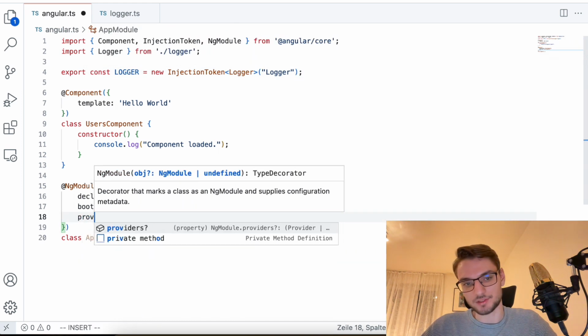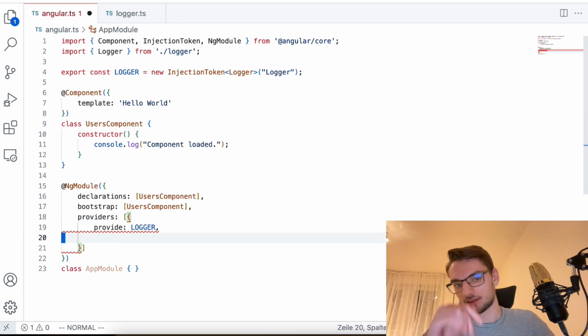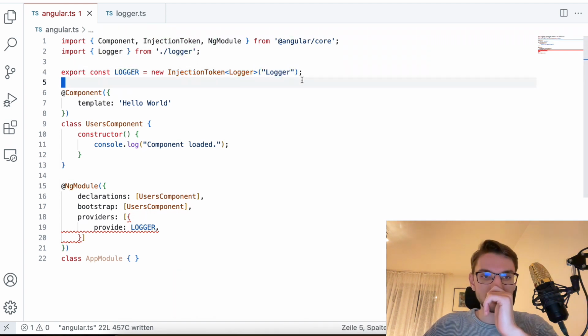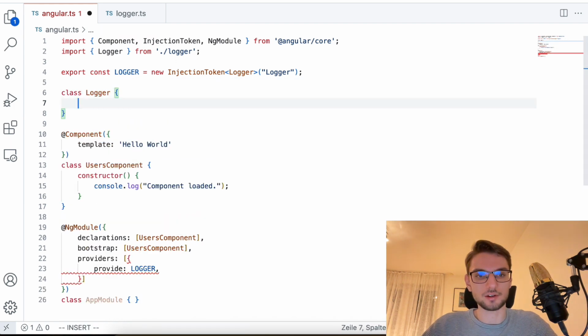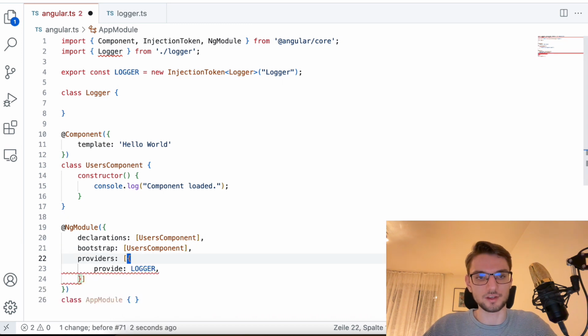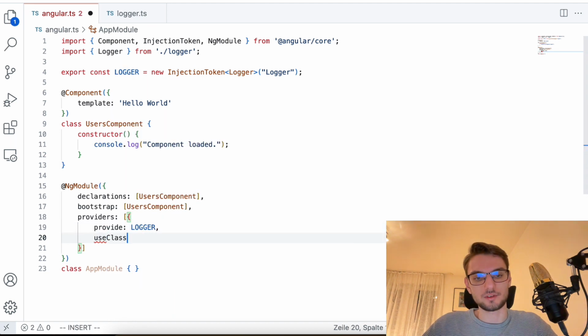And then you can just provide it here, when you specify the DI token with classes. Classes by default implement the injection token, and the value, which is here Logger, is the name of the class. Like if you have a class Logger, you can just provide it like this. But since we're using an interface and interfaces don't properly implement the constructor.name thing, we need to do it this way. And we use factory,